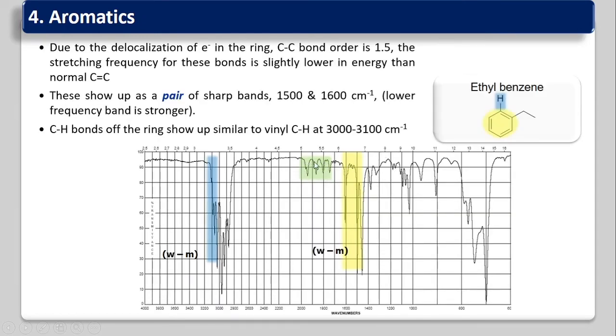If you understand this one, can you tell me? See this region from 1670 to 2000. These are the weaker peaks. Now tell me this pattern: is it monosubstituted, disubstituted, or trisubstituted? Is it ortho-substituted, meta-substituted, or para-substituted? By looking at this one, you conclude that your benzene ring, aromatic ring, is monosubstituted. See here, this spectrum is for ethyl benzene, so there is only one substitution. See the pattern: there are 4 peaks, like 4 fingers.